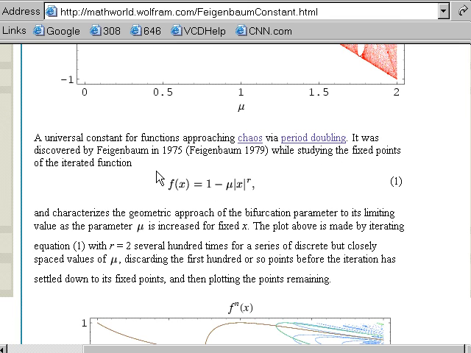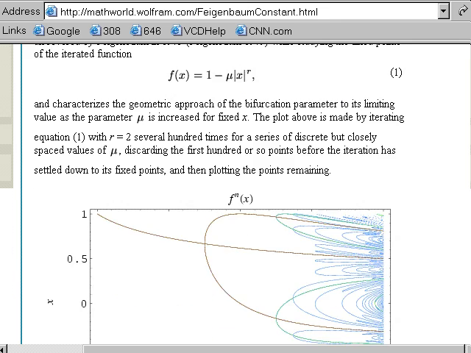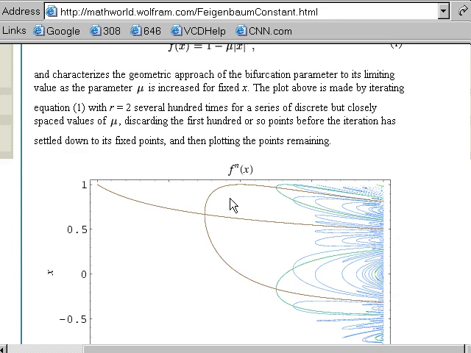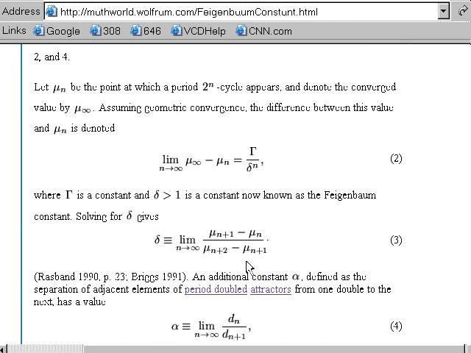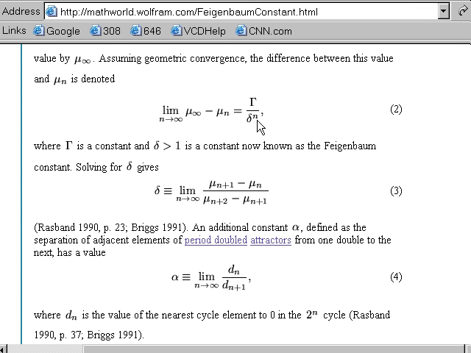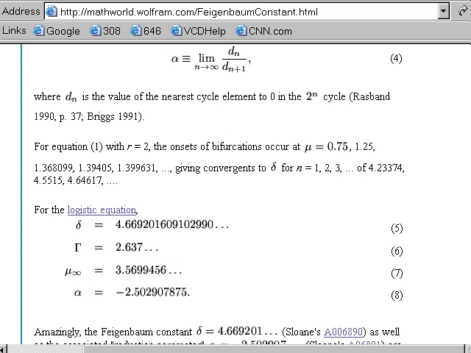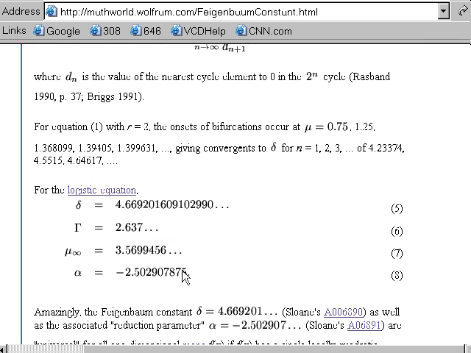Now if you actually look at the frequencies, you have an iterated function map, so 1 minus mu x raised to the r power. If you look at that, it has frequencies that look like this. Now, if you look at the relative ratios, this constant, delta, is known as the Feigenbaum constant. If you solve for it and you take a certain limit, for the logistic equation, you get a characteristic set